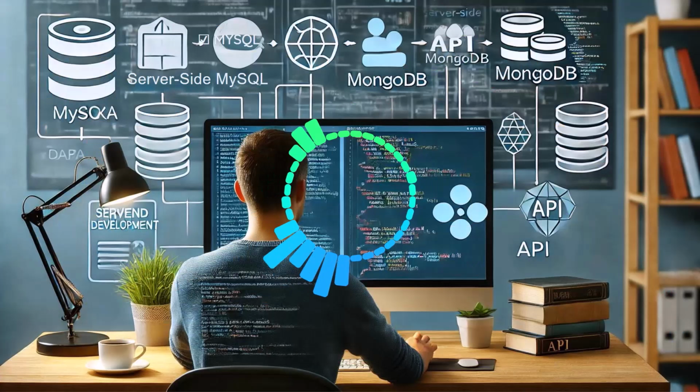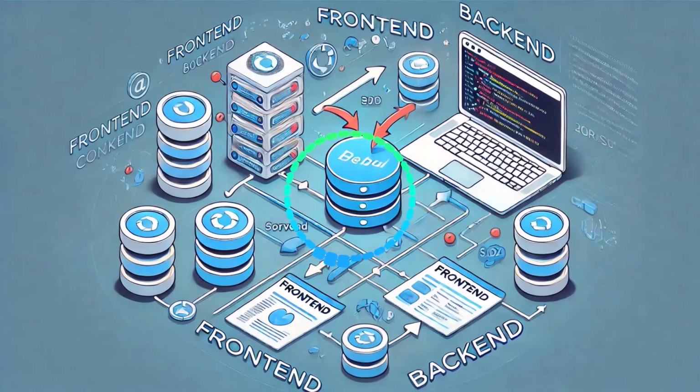How do they work together? When you visit a website, the front end sends a request to the back end to retrieve and submit data. For example, when you log in, the front end captures your credentials and sends them to the back end to verify. The back end processes the request, interacts with the database, and sends the appropriate response back to the front end, which then updates the user interface accordingly.